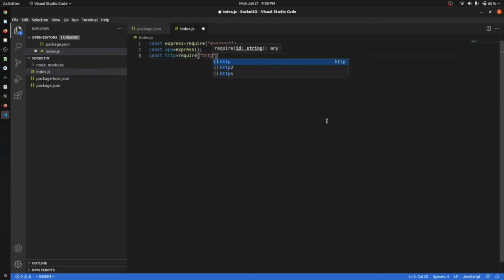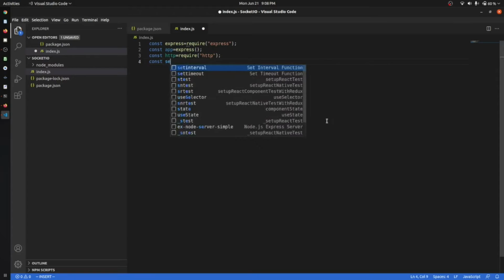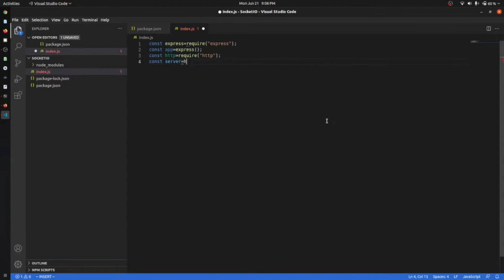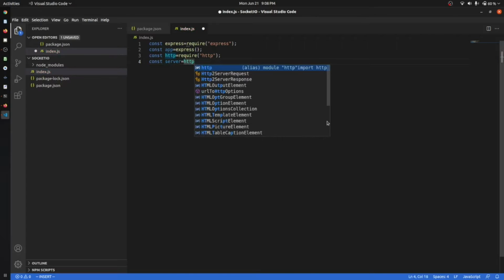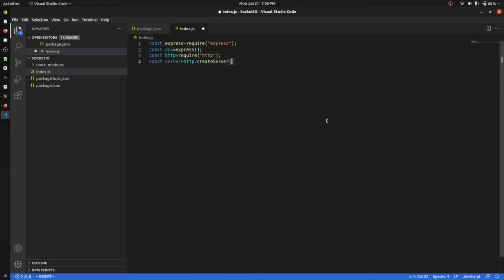Require http, and with the help of this http we will create the server. Server is equal to http.createServer(app), and then app.get, just a demo